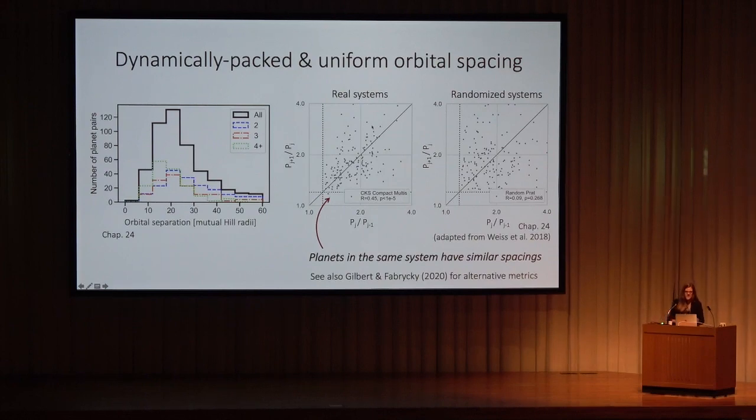So for comparison, on the right here, we can see the expectation of this distribution if the period ratios were drawn at random from the observed distribution and subjected to sort of detection criteria and a stability requirement. The randomized systems do not exhibit the correlation, and if we do this for many random realizations of randomized systems, we can infer that in the real data, we do see that planets in the same system tend